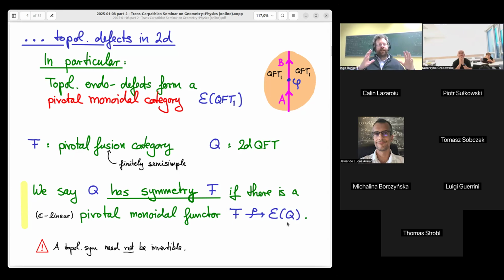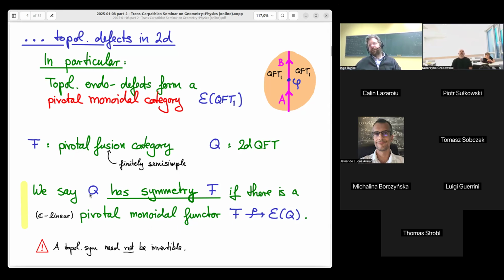Right, so that's like having a group homomorphism from your finite group into the full symmetry group of your quantum field theory. Even if you don't know what the full symmetry group is, you can maybe still understand enough about it to be able to describe such a functor. And indeed, in conformal field theory, that's what happens. You typically have no idea what that entire category is. Like if you do WZW models, you have no control, but you can identify interesting fusion categories which can be embedded into the full symmetry. So that's something which does actually happen.